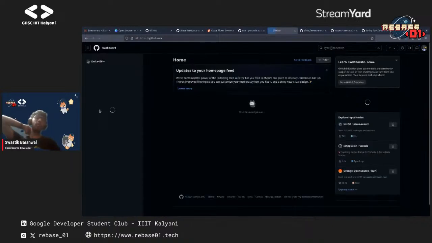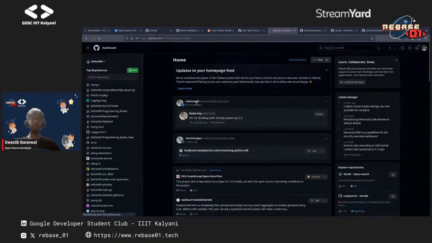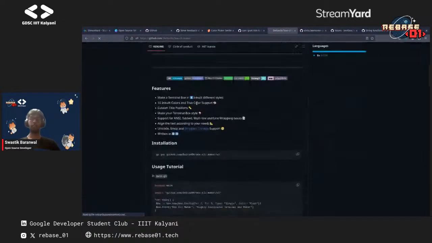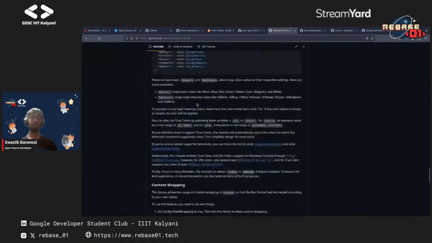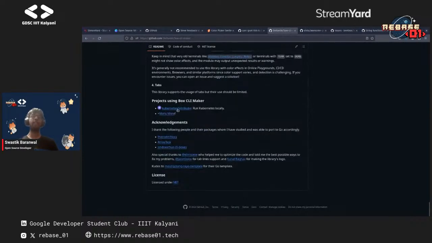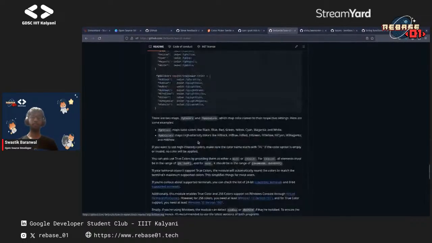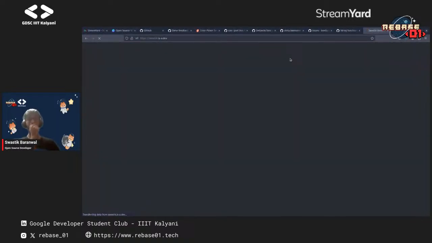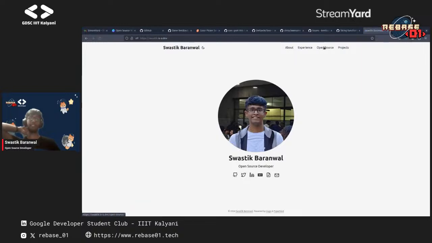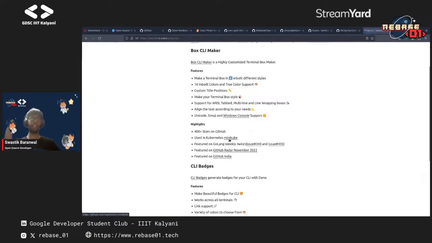Now, Boxila Maker was a ported project, but it got a lot of recognition. And this was when I was in school, around 11th and 12th. The project has been using Kubernetes Minikube. It's a project which uses Kubernetes. I think my website has it. Wait. Okay, this is our project. So it's using Minikube.